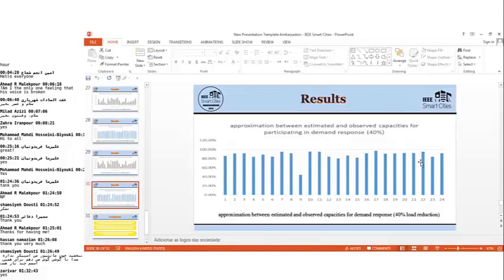It means, for example, for a specific cluster, cluster number 2, when you are talking about 10% load reduction, the accuracy of the model has a specific value. When you are talking about 20% load reduction, this accuracy changes, and this is a very good capability of having a data-driven attitude,